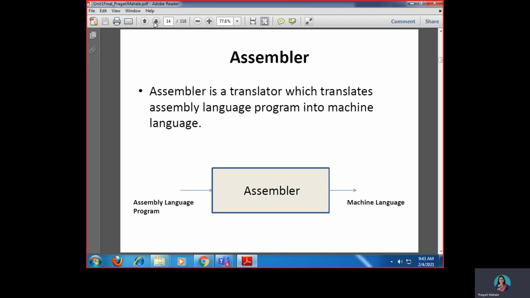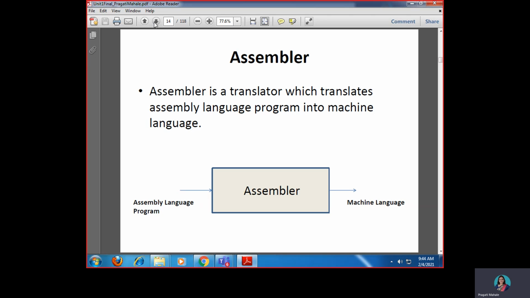The next type of system software that we are going to see here is the assembler. An assembler is a translator which translates an assembly language program into machine language. So for execution, any program, as you all know, has to be converted into low level or machine level language.